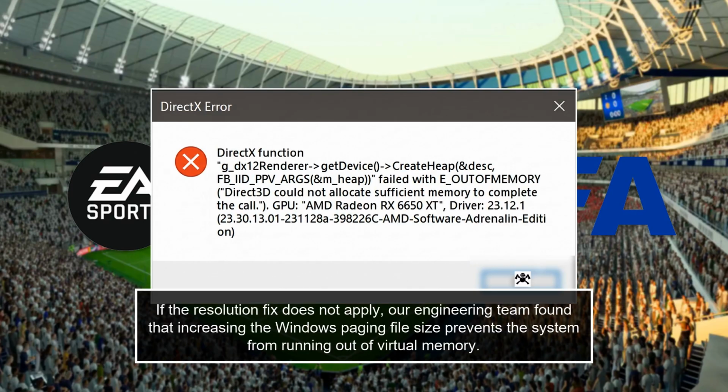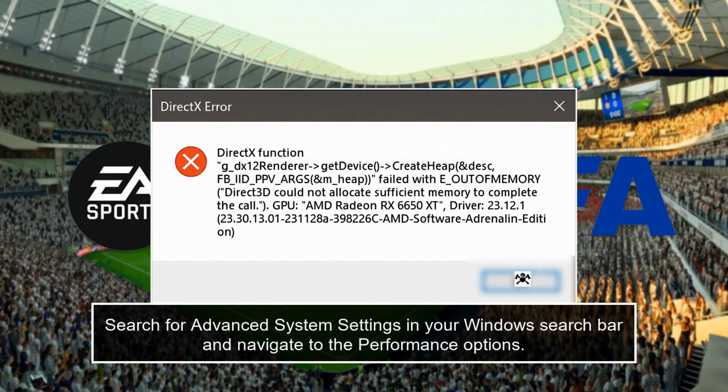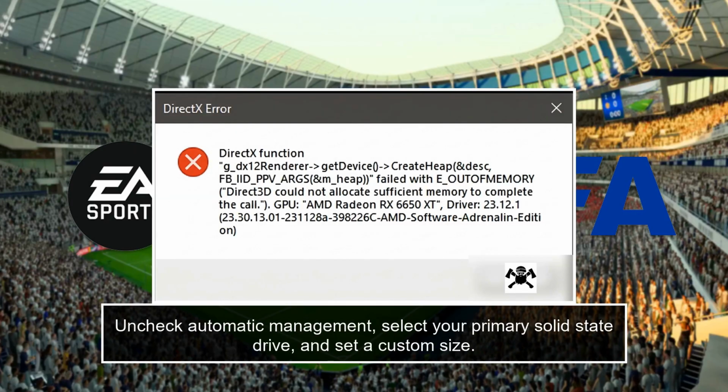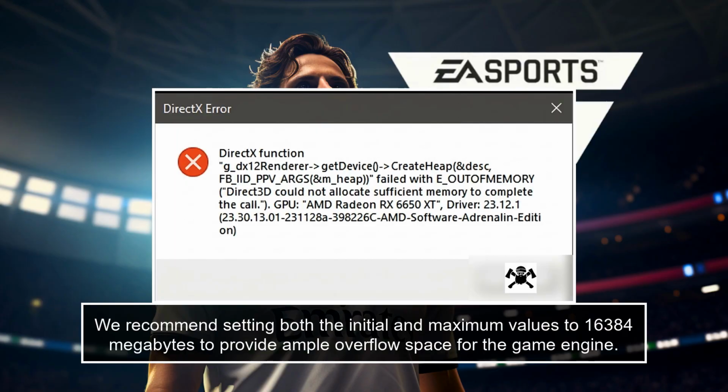If the resolution fix does not apply, our engineering team found that increasing the Windows paging file size prevents the system from running out of virtual memory. Search for Advanced System Settings in your Windows search bar and navigate to the Performance options. Uncheck Automatic Management, select your primary solid-state drive, and set a custom size. We recommend setting both the initial and maximum values to 16384 megabytes to provide ample overflow space for the game